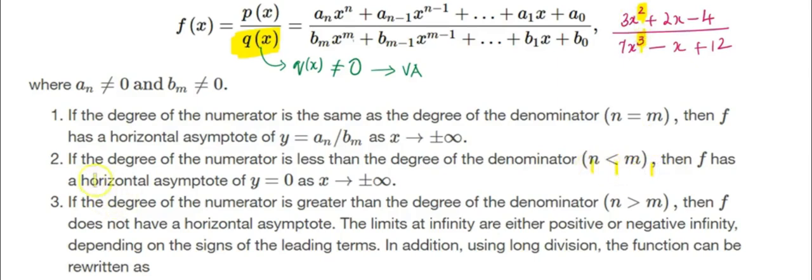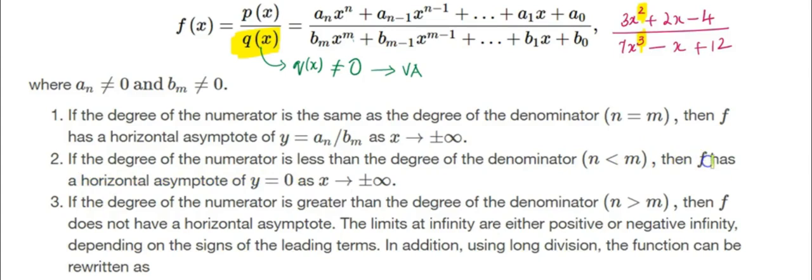If this is the case, there's a straightforward answer, no computation, nothing. You can be assured that the horizontal asymptote will be on the x-axis. The degree of the numerator is less than the degree of the denominator. Okay, then we can assure that there is a horizontal asymptote. Very easy. Now let's go to